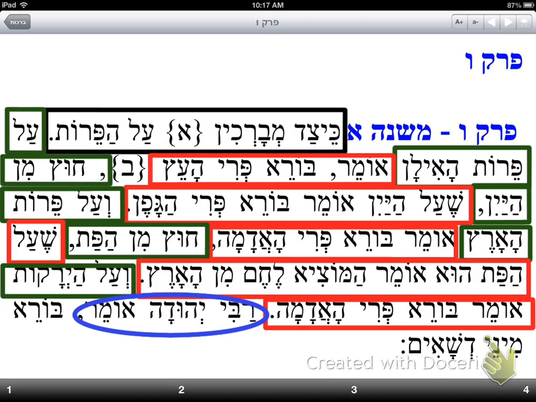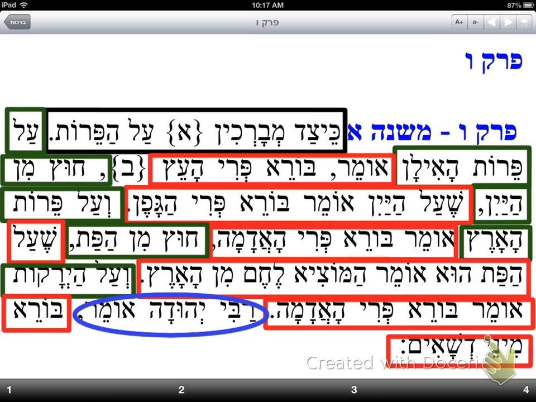Now, here we actually have a machlokes, because that was the opinion of the Rabbanan, the unnamed opinion in the Mishnah. Rabbi Yehuda argues and says that no, yirakos, vegetables, have a special bracha as opposed to other things that grow from the ground. For example, as we said before, potatoes. So, borei minei dishaim, that you say, blessed is the one who created species of dishaim. Dishaim is, well, in Hebrew, desha is grass, but I guess a better definition of that would be herbs. So basically vegetables. So the Yirakos get their own bracha according to Rabbi Yehuda.